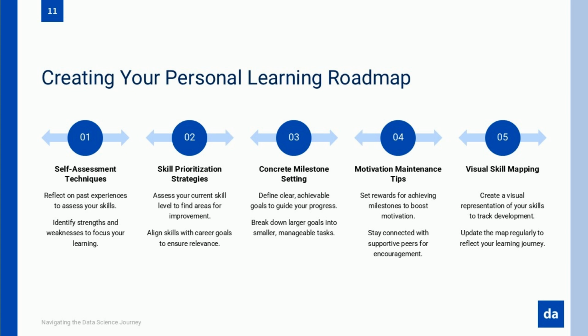Are you able to apply programming knowledge to build solutions from scratch? Can you evaluate the effectiveness of different machine learning approaches for specific business problems? This assessment reveals where you stand on the continuum from novice to expert in each area. Map your skills visually, perhaps using a radar chart with axes representing different domains like statistics, programming, machine learning, and communication. The resulting shape reveals your current skill profile, where you're strong and where gaps exist.